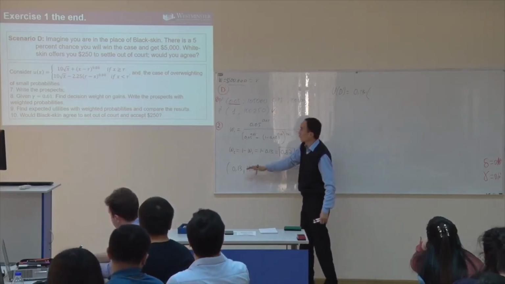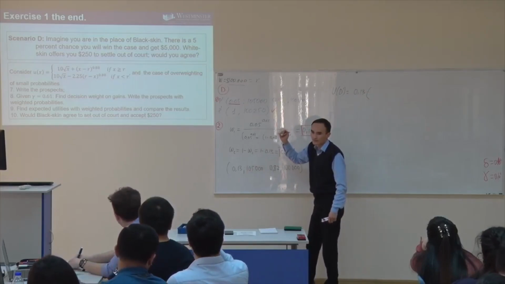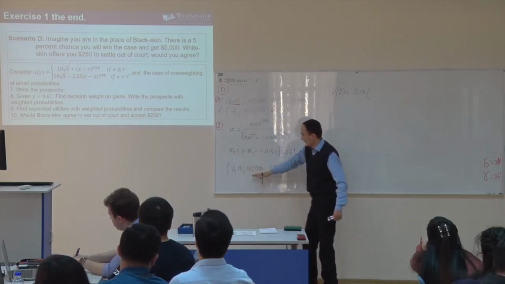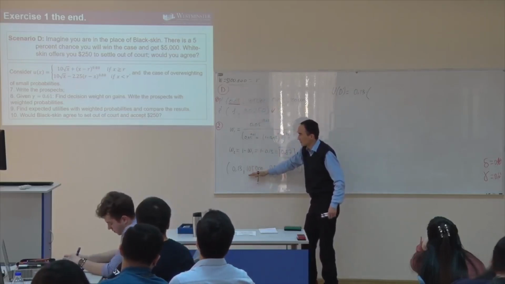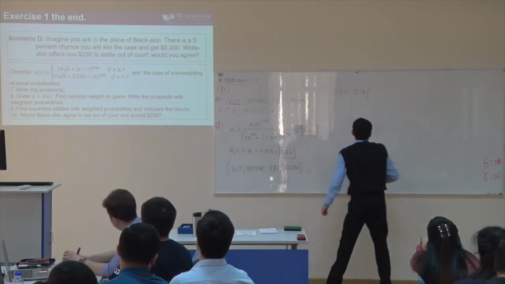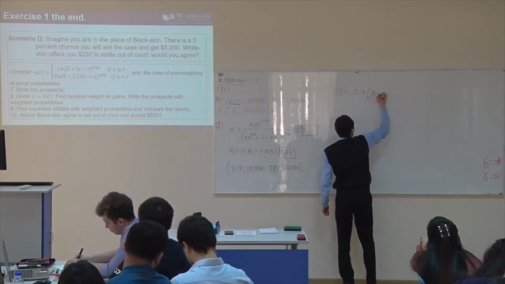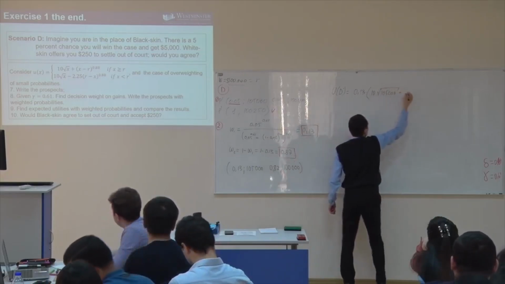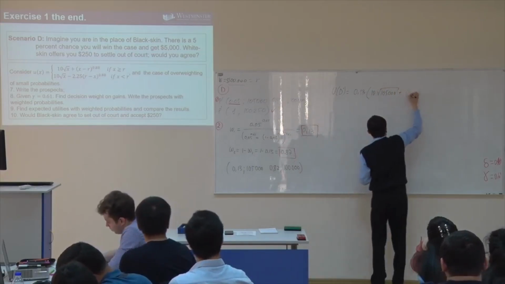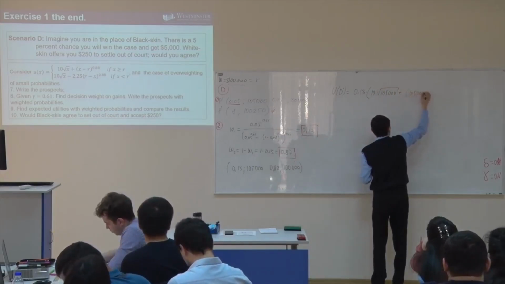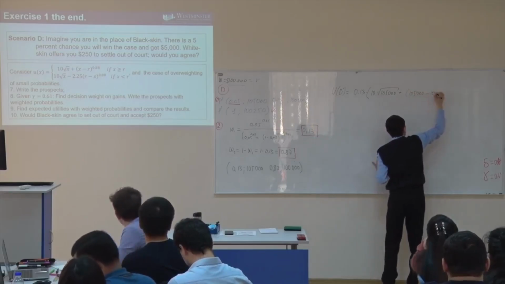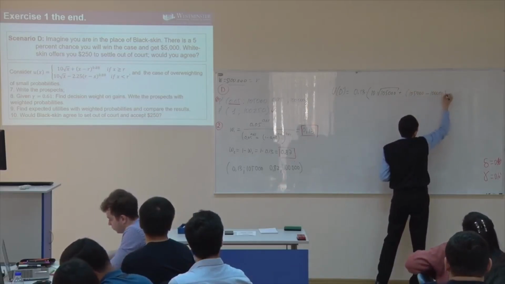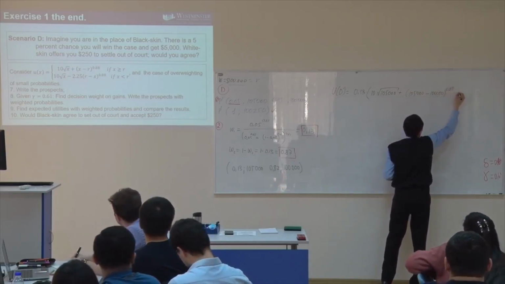What is her reference point? 100,000. Her reference point is 100,000. So if she gets 105,000, which formula should we use? The first one. So 10 times the square root of 105,000 plus, final wealth minus reference point, 105,000 minus 100,000, in the power of 0.88 plus